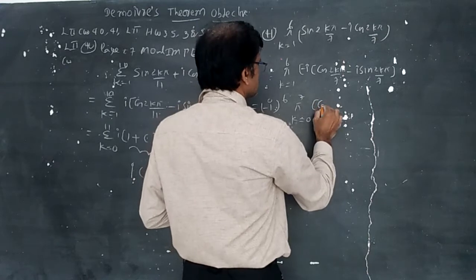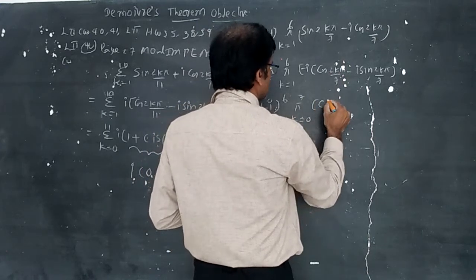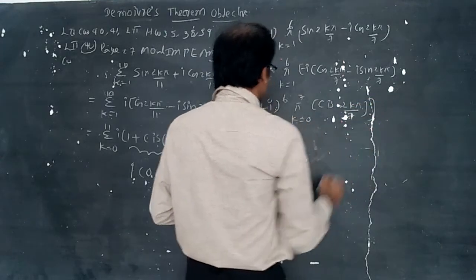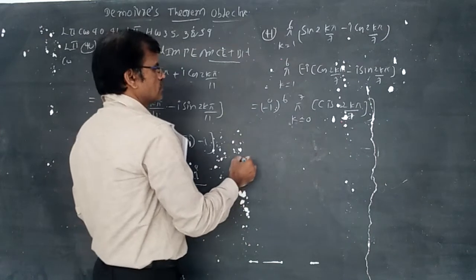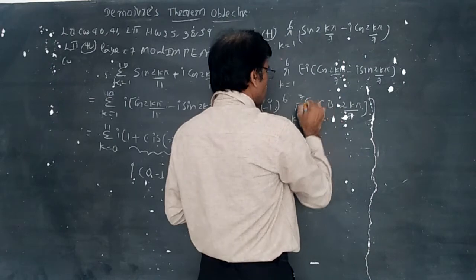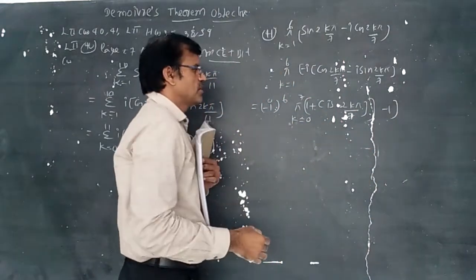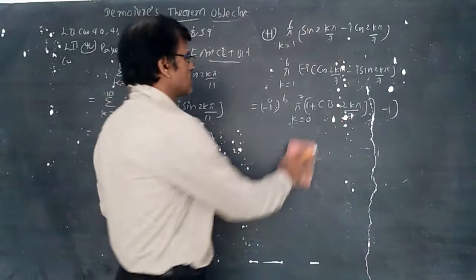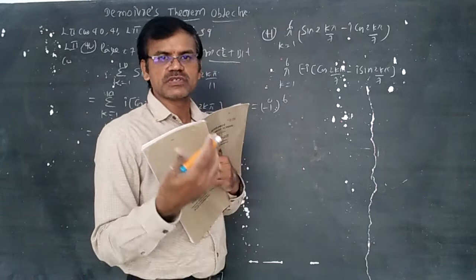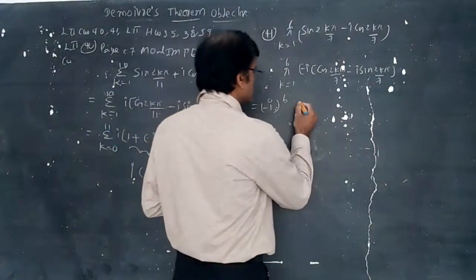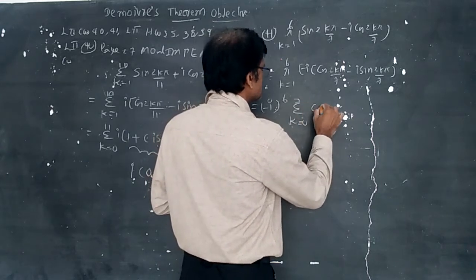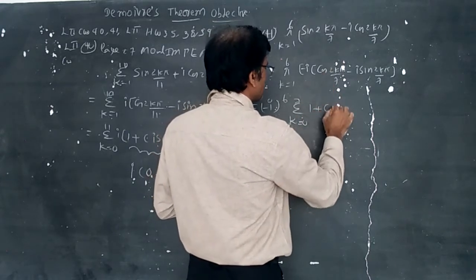I am writing cis of minus 2kπ/7 to the power 6. So you should not say like this. Whenever there is a product, you should add in the exponent. The product becomes a sum, because cis alpha and cis beta and cis gamma and so on becomes cis of alpha plus beta. So it becomes the sum for k equals 0 to 7 of cis of 1 plus like this.